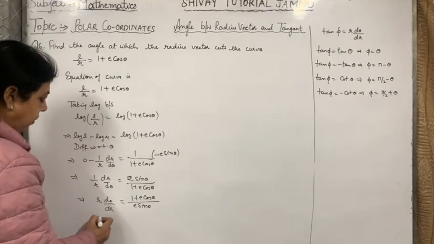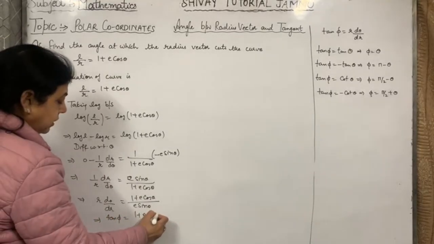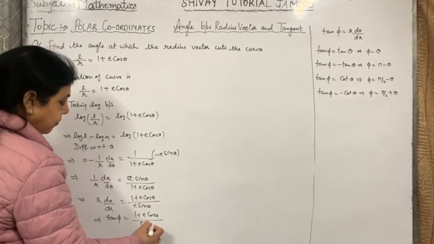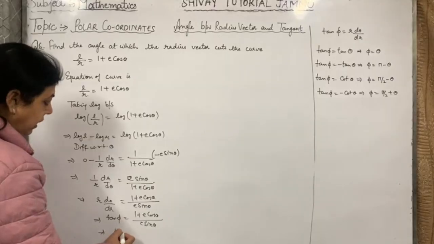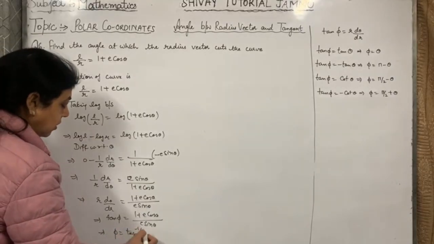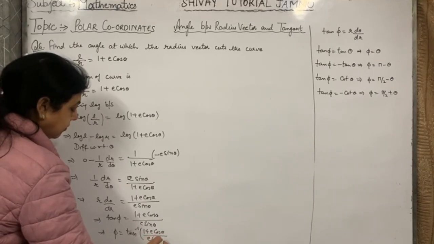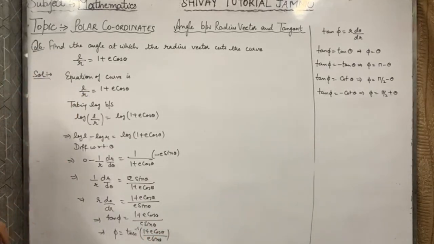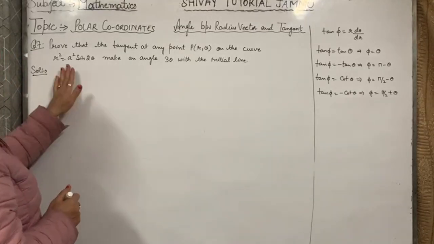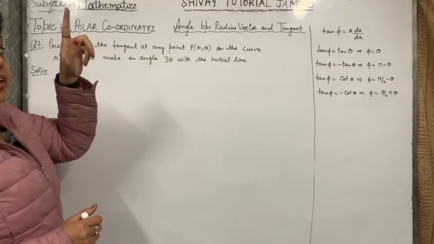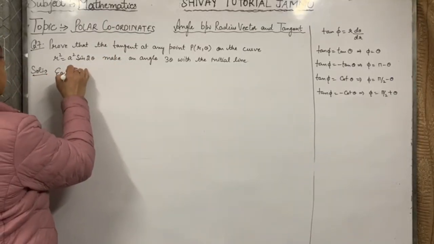And this is the formula for tan phi. This is 1 plus e cos theta upon e sin theta. We can't solve these terms. Okay? Therefore, we will get phi as tan inverse of 1 plus e cos theta upon e sin theta. This will be the answer. Next, prove that tangent at any point on the curve makes an angle 3 theta with initial line. Clear? Given curve is, equation of curve is